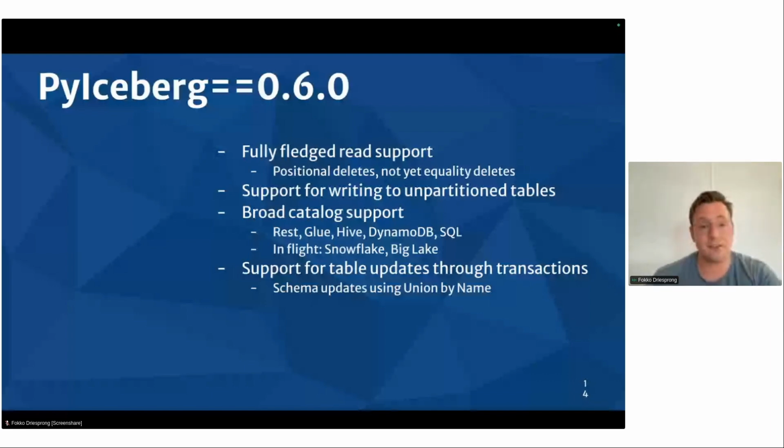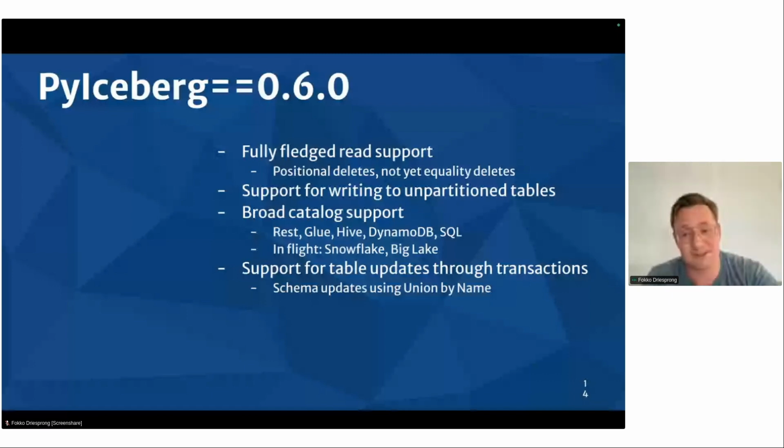So especially for Nessie, for example, if that's in flight and they will implement the REST catalog in a few weeks, I would suggest not implementing that as a separate catalog in PyIceberg, because it gives us more code that we have to maintain again, and not all the catalogs are equally popular. So I think as a community we have to make some decisions here.